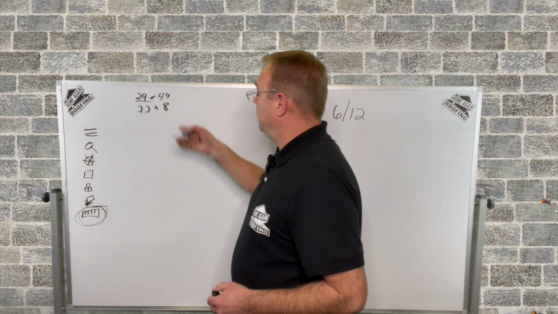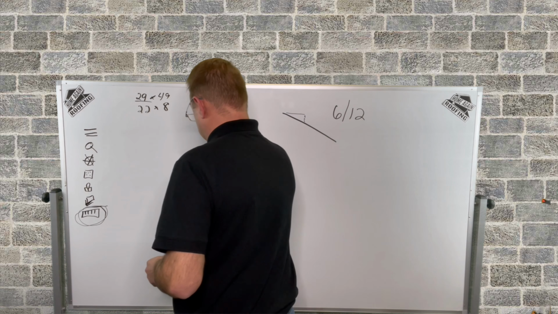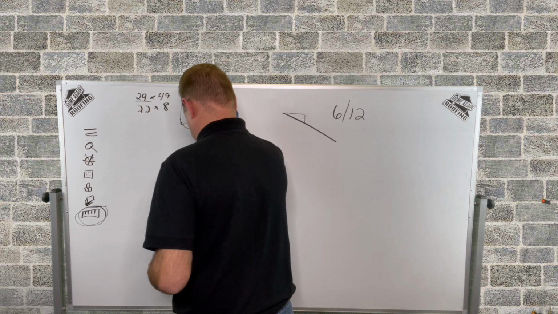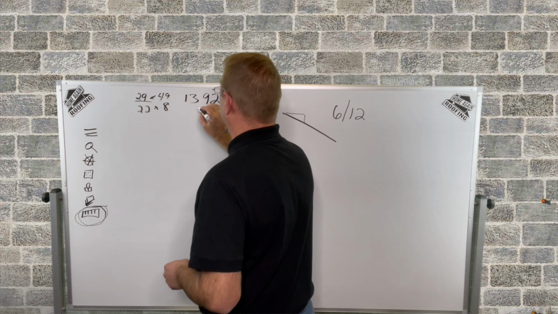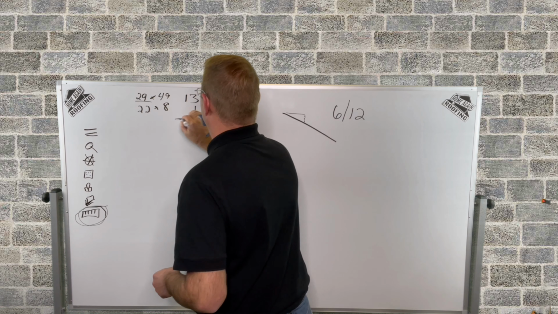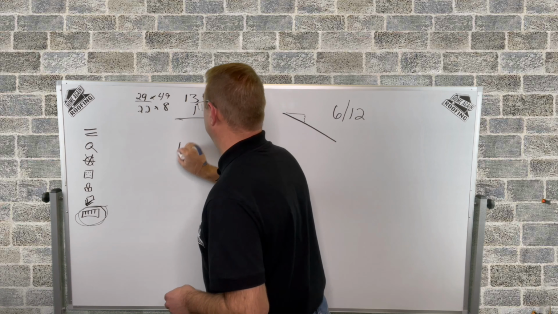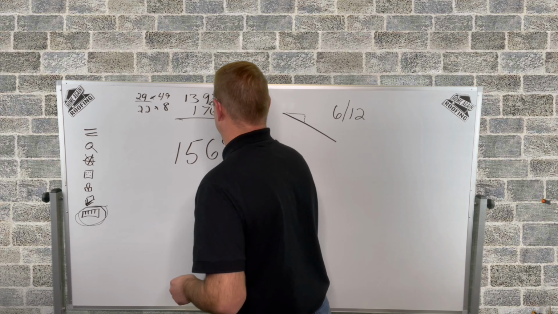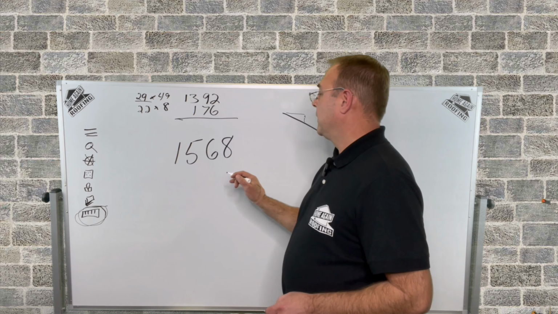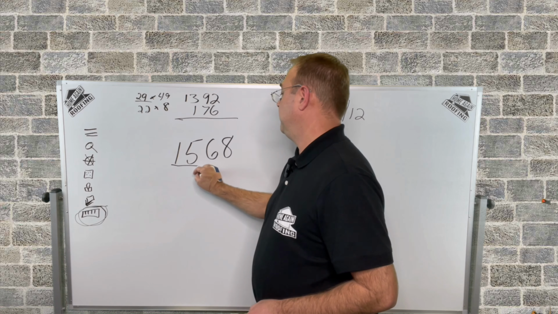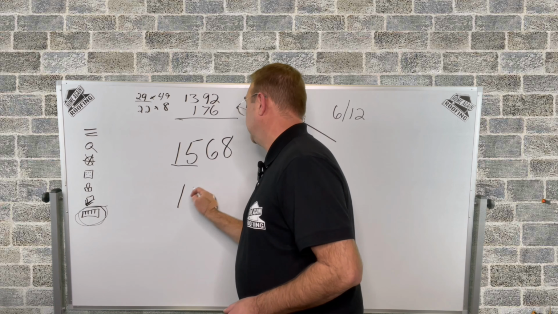Okay. So we take our measurements. We got 29 by 49, and that's going to give us 1392. And 22 by 8, that's going to give us 176. Then we're going to add those numbers up for a total of 1568. Is this our measurement? Not just quite yet. All right, so right now our squares would be this number, but we've got 1568. So we're going to round it up. So that takes us to being 16 squares,